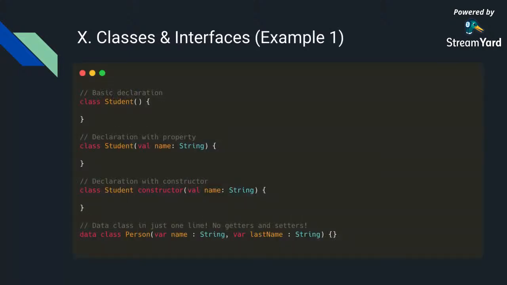So here I have a basic declaration of a class. I have a class called Student, and it's a very simple class declaration, just the way you do that in Java. And here the constructor is empty in the first one. It's not doing anything. Now let's say I want to declare it with a property. This is the primary constructor over here, a shorthand expression of declaring a constructor. It's taking in a value called name, which is of type String. So anytime you make an instance of this class Student, it will ask you that it needs the name.